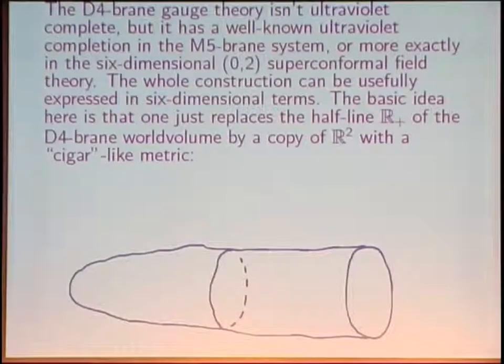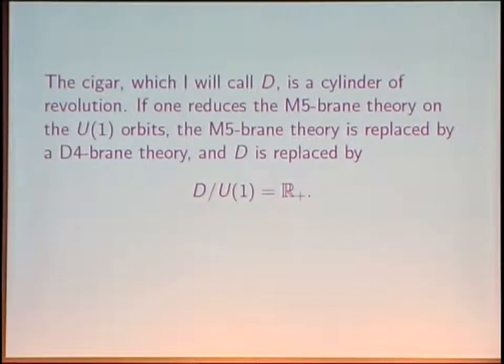We consider M5 branes on D times the rest of our space. What was the rest of our space? There was an R3 where the knots lived, and then we grew a time direction by T duality. So the M5 branes will be on the space where the knots are, the R3. Then there's the fourth dimension, the extra dimension that was introduced by T duality, and then we will replace the R plus direction by the cylinder of revolution. So we start with the M5 branes on a six-dimensional space, one of whose factors is the cylinder of revolution.